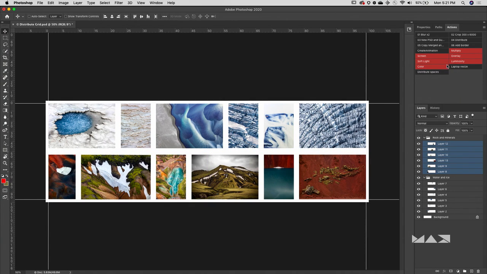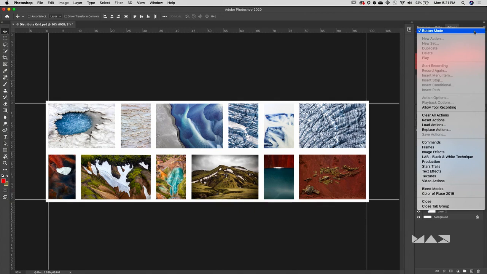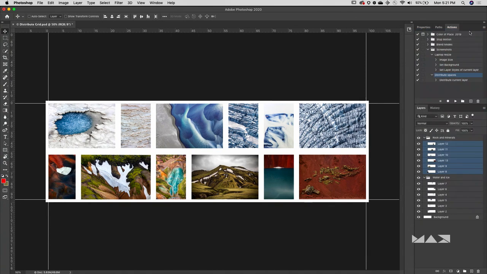Do you guys know actions? How many of you guys are using actions? Okay, you either know them or you don't. So for those of you who don't know them, I'm going to come out of button mode. And this is what your actions panel would look like. And you can just create sets, which are basically just folders. So this would be new folder number